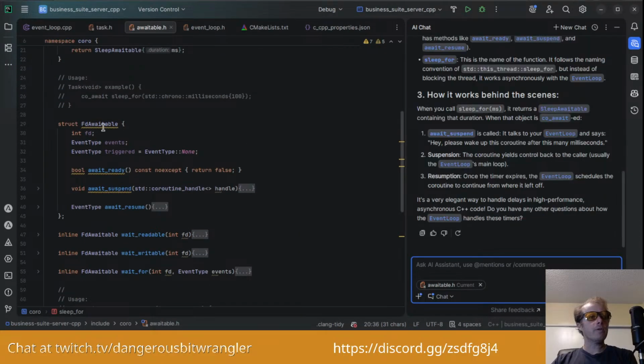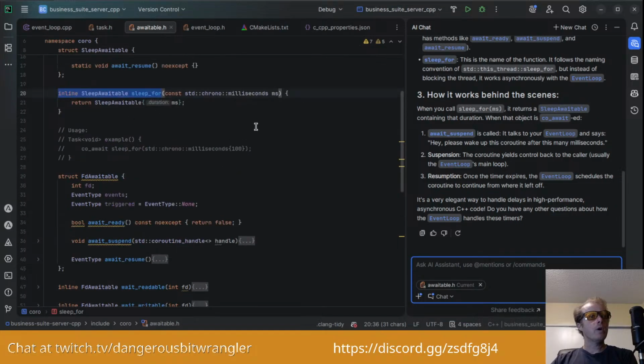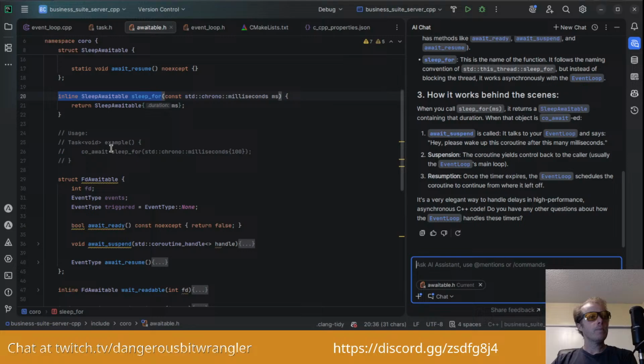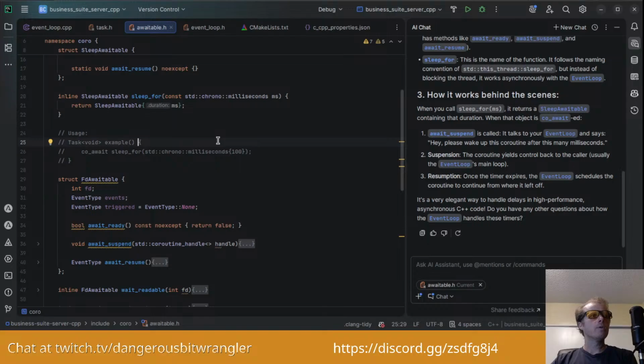We've got an FD awaitable, file descriptor awaitable. Oh, it gives us a usage here. Co-await sleep for X number of milliseconds. So coroutine await, and it's going to sleep it for 100 milliseconds. It'll start that task in 100 milliseconds, I assume. Interesting.